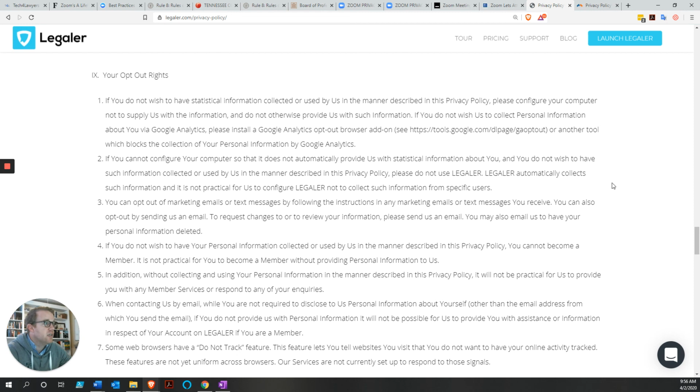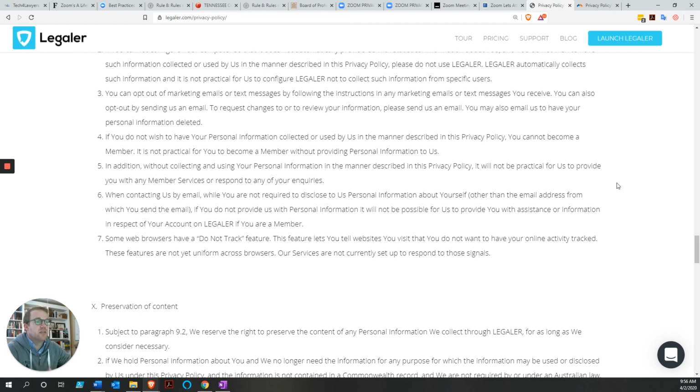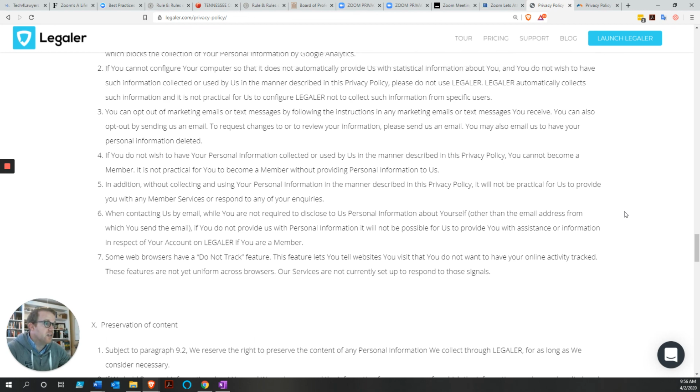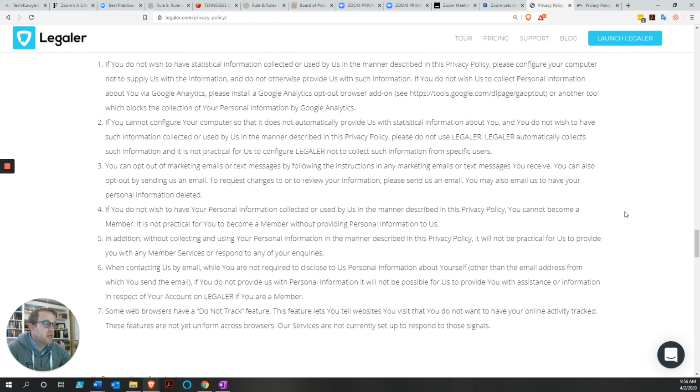And the difference here is, they do collect the same basic data that Zoom does, and they do connect this data with third parties, but they give my client a much better understanding of how to keep from doing that. If my client doesn't want that information to be sent, they can easily go in here and protect themselves.